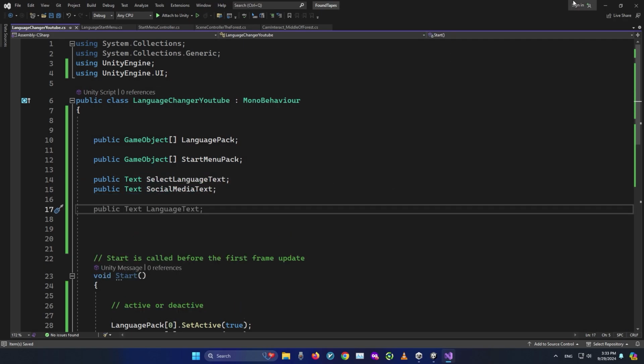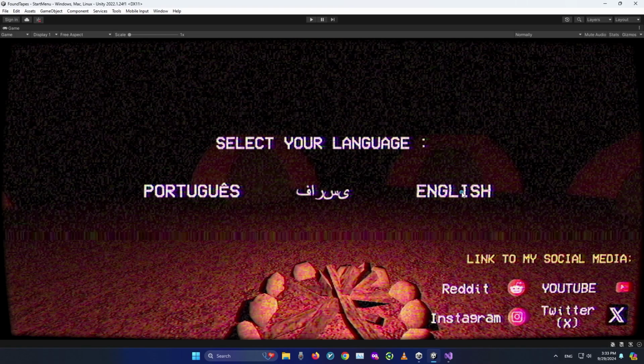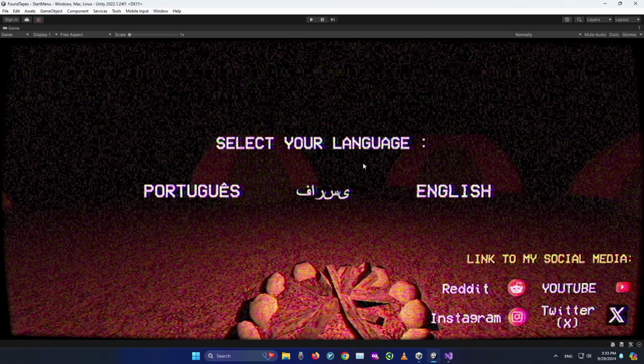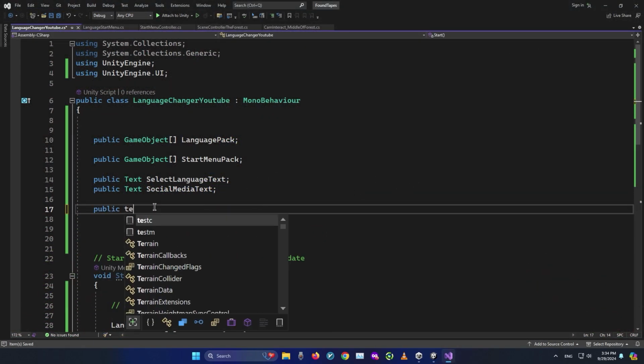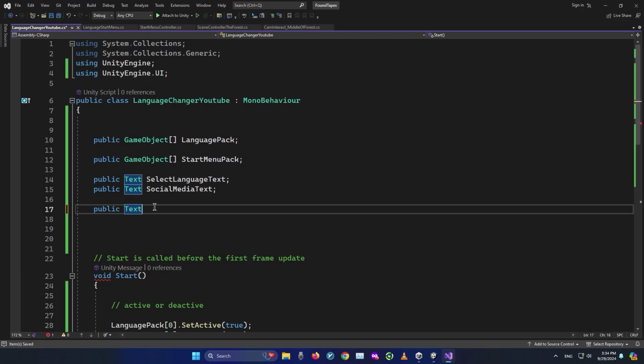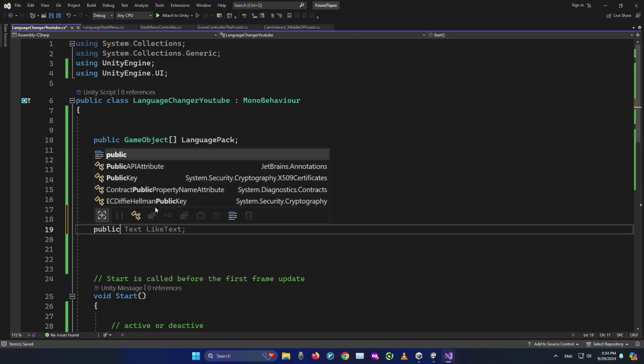We have 3 more texts. It's the language text. For example, Portuguese, Farsi, and English. To access them and change their colors, for example, do a lot of things with them, we need to access their text files as well. So I'm just going to say public text. You can also make this one an array, but I don't want to make this an array to not confuse you guys. I'm going to say English text, public text for Persian text, public text,